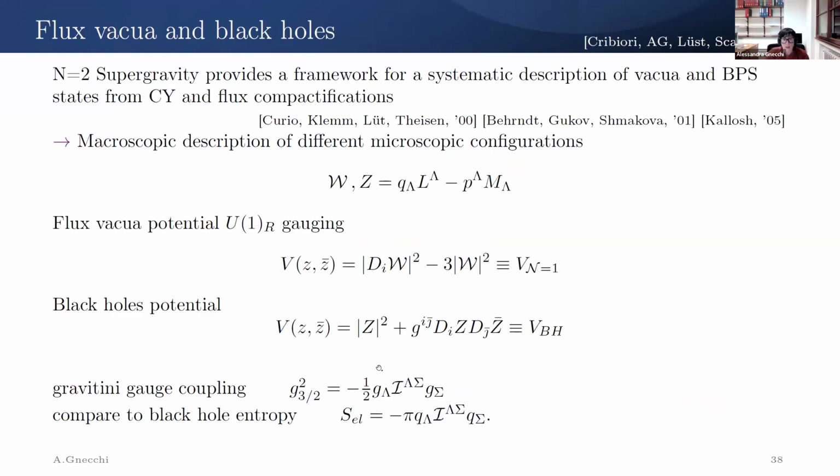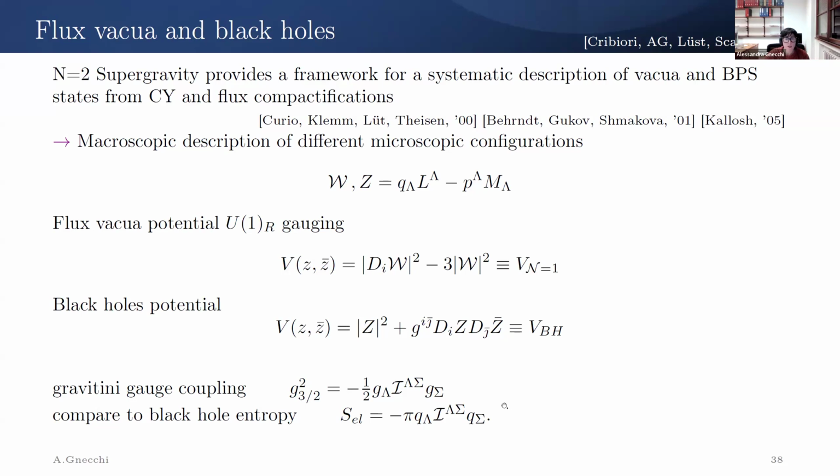And this was our idea. In fact, I showed you at the beginning that the supergravity action could have a term that was a scalar potential. I wrote it in the case of N=2 supergravity. But in N=1 supergravity, this potential is written in terms of a superpotential, and gives me possible vacua, including the de Sitter vacuum. In the case of black holes, this potential gives me the black hole area and the entropy.